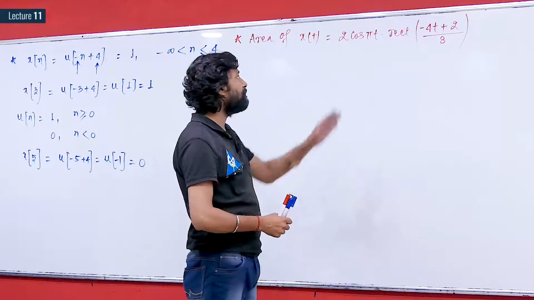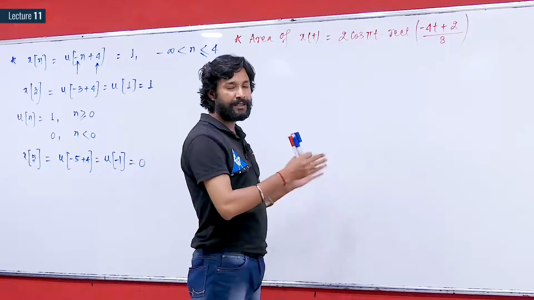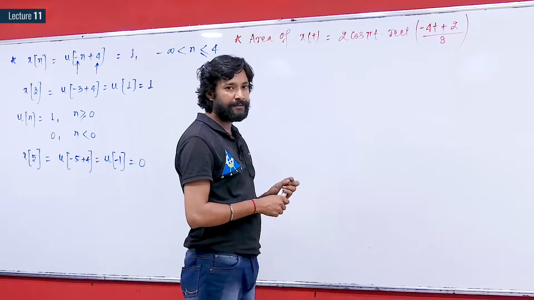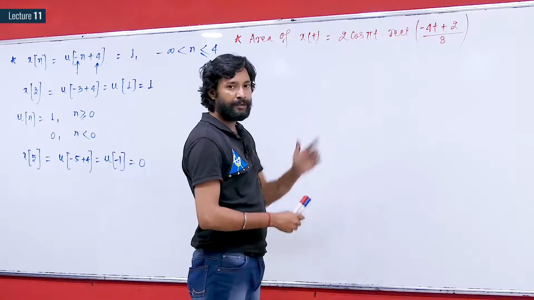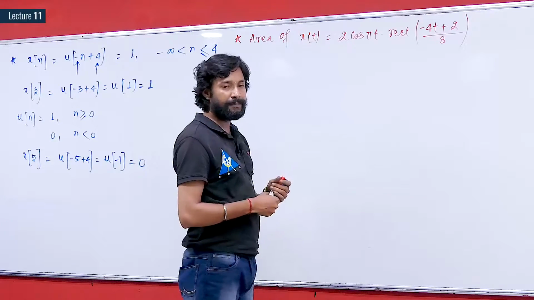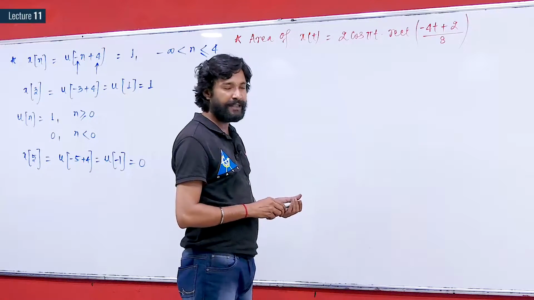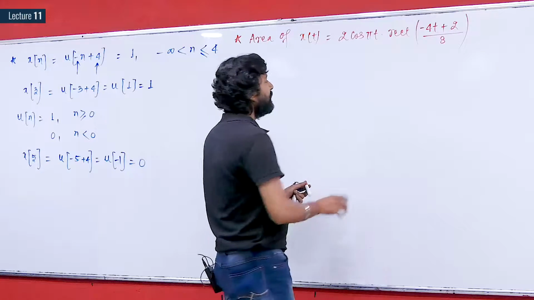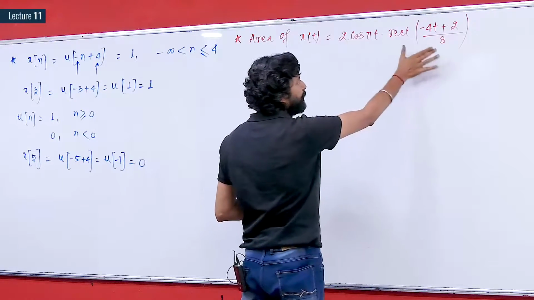If only 2 cos of pi t is written, then you know that the graph of cos t exists from minus infinity to plus infinity. We will be discussing these functions in more detail when we explain our topic, that is periodicity and period. But for the time being, if it is any function,